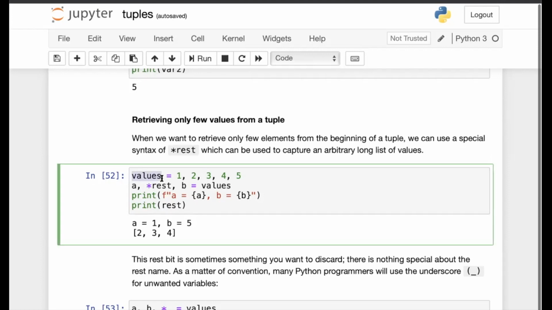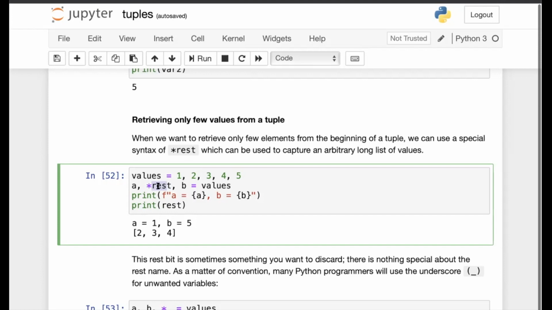Here we defined a tuple consisting of 5 values, 1, 2, 3, 4, and 5. When I'm unpacking this tuple through this expression, I should be expecting 5 variables on the left hand side. But I am not concerned about all the 5 values. I am just concerned about the first and the last value, let's suppose. So I would assign them to proper variables a and b. And for the rest of the 3 values in the middle, I can define a single variable which would be holding all of these values as a tuple.